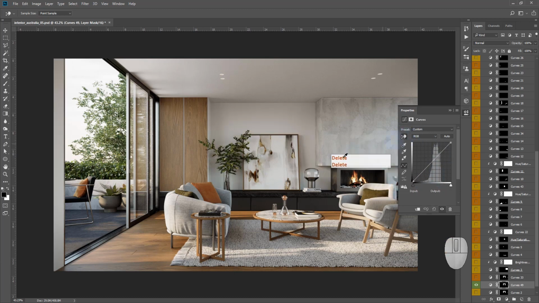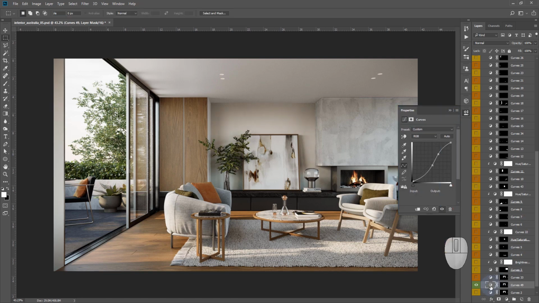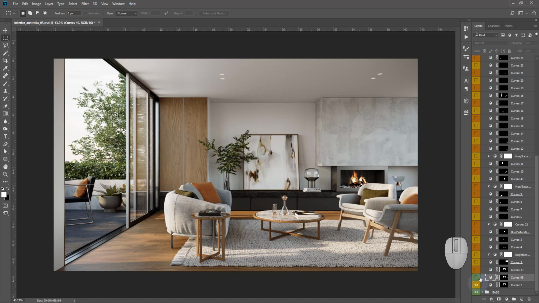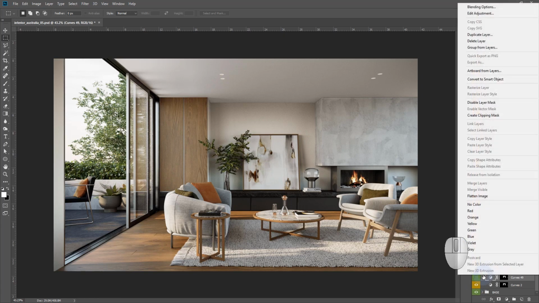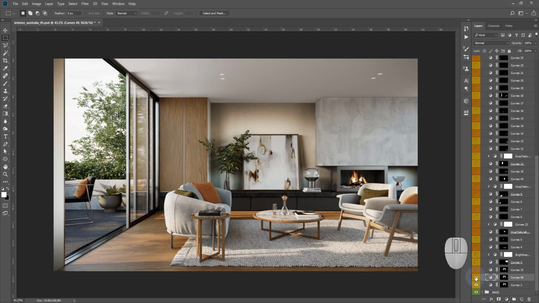We can click here and assign the areas you want to contrast, brighten, or darken. And then we paint it over with the color we need.